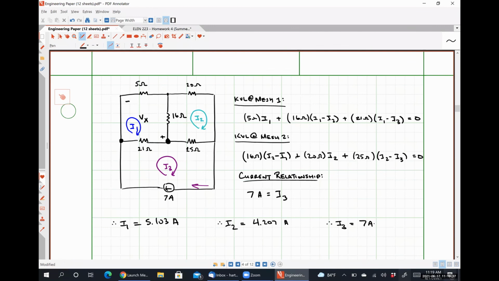Somebody asked earlier why I drew this Vx this way. And the answer that I gave, which is true, is to be intentionally confusing or to be tricky. So let me explain what I mean by that. The voltage Vx is absolutely the difference in electric potential between this point in the circuit and this point in the circuit. That being said,